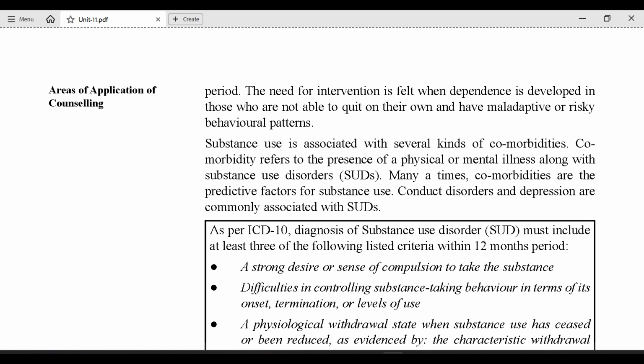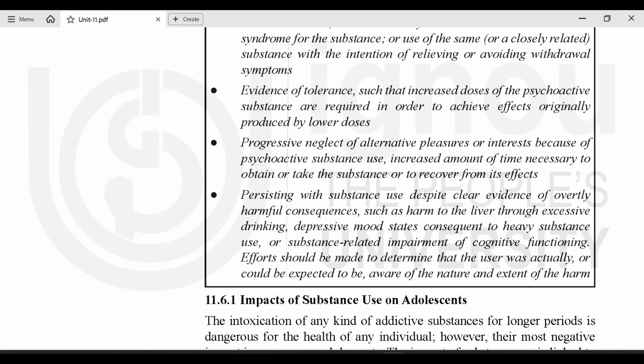As per ICD-10, diagnosis of substance use disorder, SUD, must include at least 3 of the following listed criteria within a 12 month period: a strong desire or sense of compulsion to take the substance, difficulties in controlling substance taking behavior in terms of its onset, termination, or levels of use, a physiological withdrawal state when substance use has ceased or been reduced, as evidenced by the characteristic withdrawal syndrome for the substance, or use of the same, or a closely related substance with the intention of relieving or avoiding withdrawal symptoms,